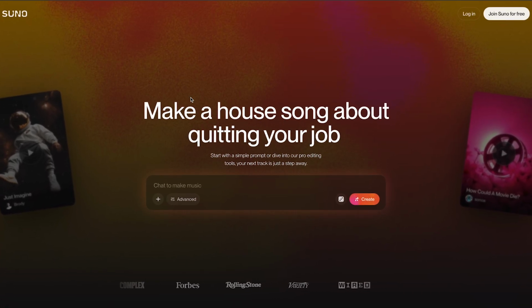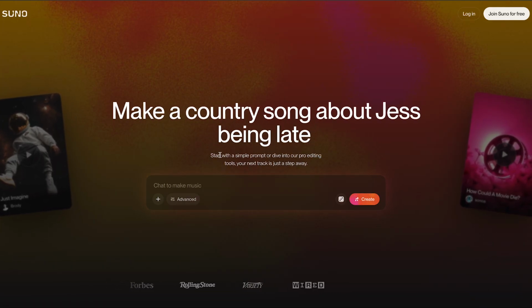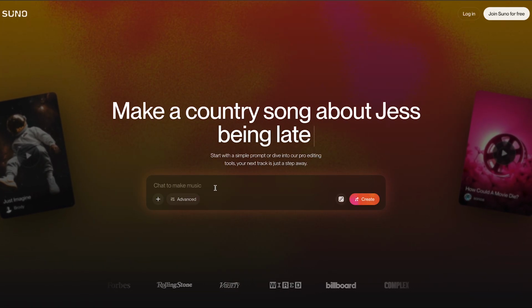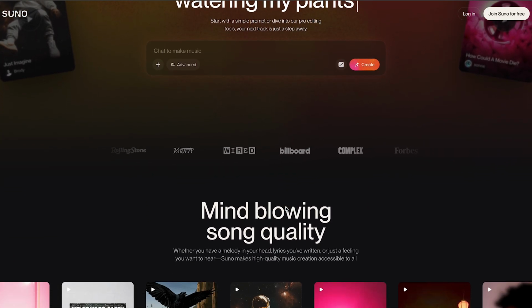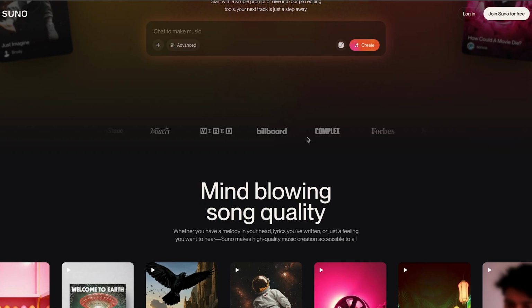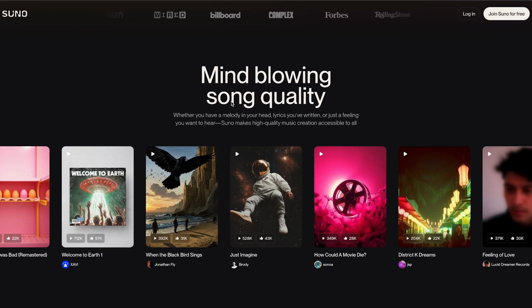Suno creates high quality songs with vocals quickly, making music from text prompts with the capability to create 5-minute tracks. This tool is known for its versatility in creating music in various genres, such as pop, rock, and country. It produces the most expressive vocals in the market and provides a voices feature that lets users put their own voices